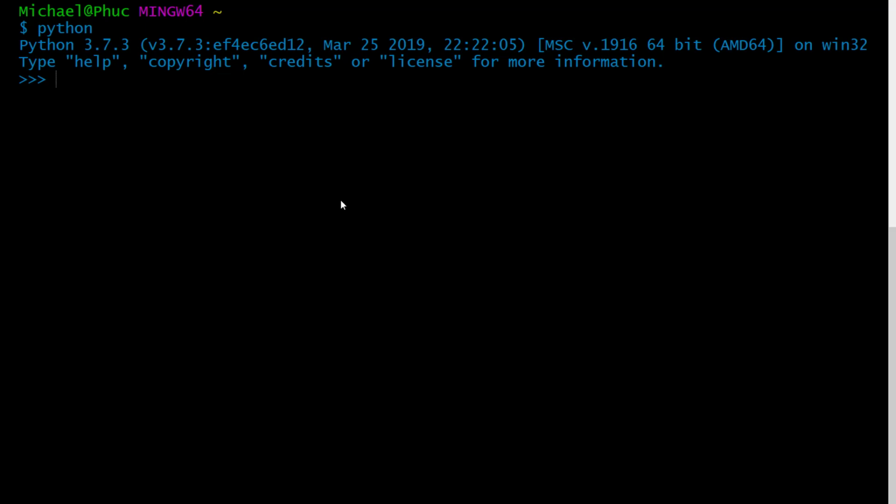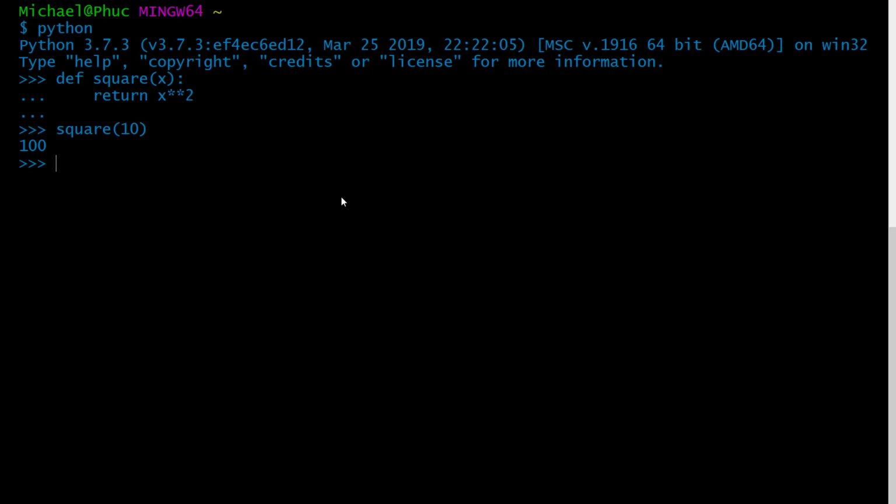Our traditional way of creating a function in Python is using the keyword def, for define, and then we have to give it a name. So for example, square, and any parameters that we want to pass in. So I'm going to say x, and then we give it a return statement for returning x square. And this is how we create a normal function in Python. So let's go ahead and call square and pass in 10 for the argument, and we'll get back 100